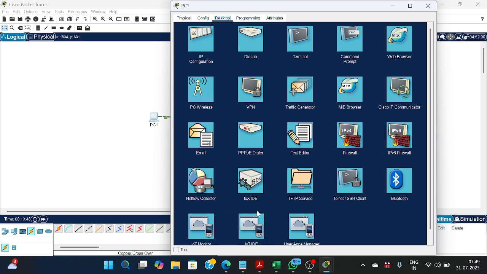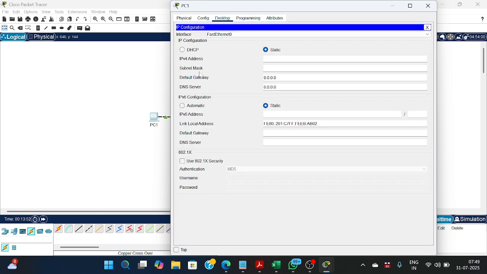Okay, then here I am going to configure the IP address for PC1. Click the IP configuration. So it's not DHCP, it's static. I am going to assign a class C address, 192.168.1.1. Okay, then